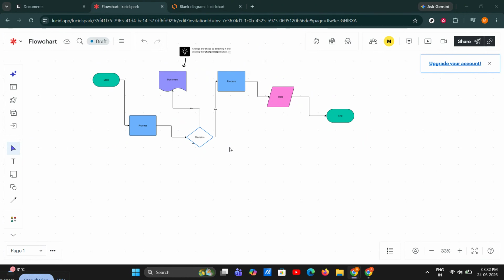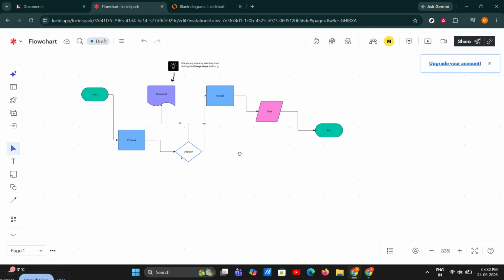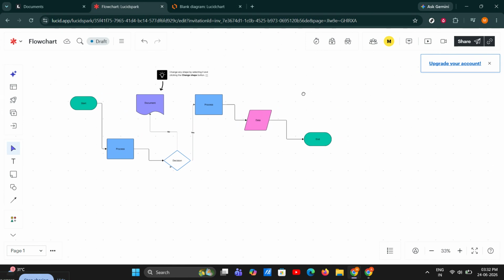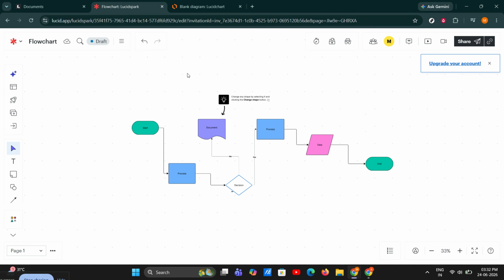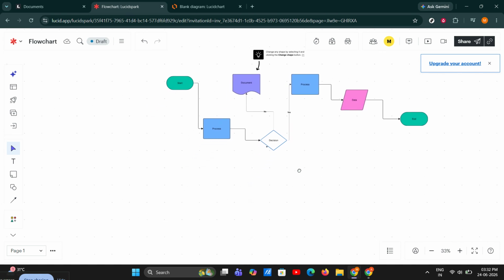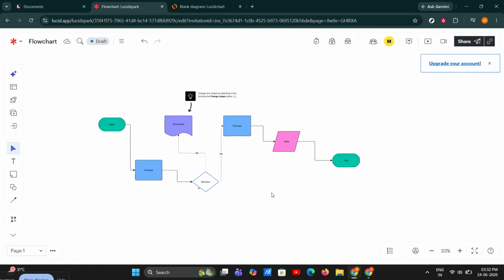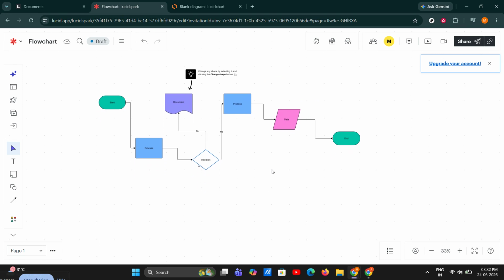First, let's talk about using a mouse. The easiest way to move around in Lucidspark is by right-clicking and dragging. To do this, go to a blank area of the canvas, press and hold the right mouse button, then move your mouse in any direction. This lets you pan across the board without needing to use scroll bars or zoom buttons constantly. It's a fast way to explore large boards, especially if you're working with sticky notes, diagrams, or planning layouts spread